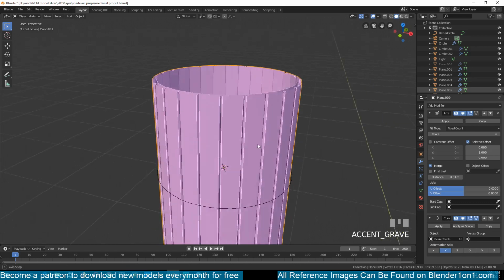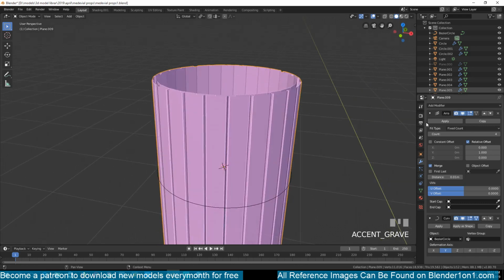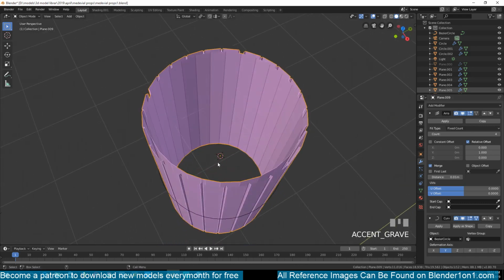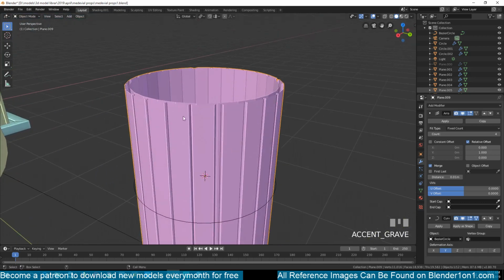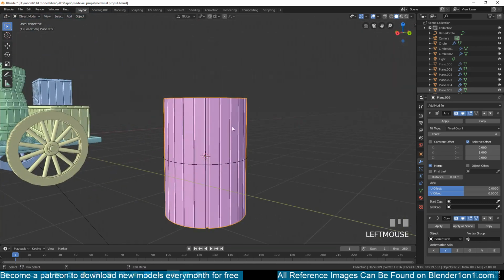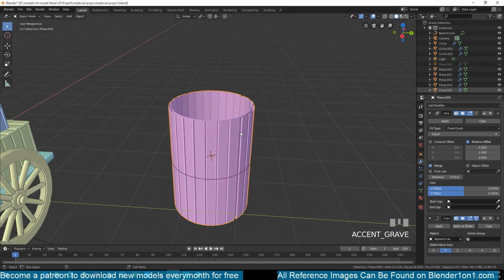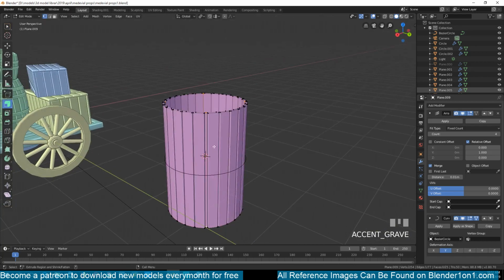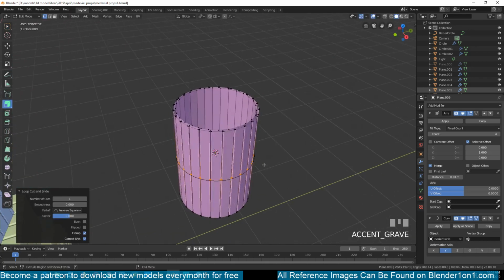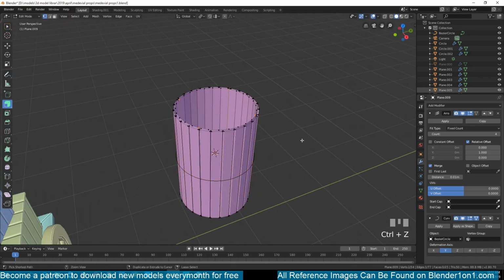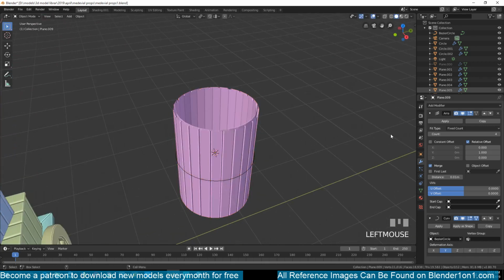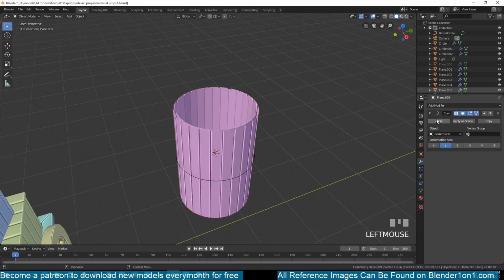So I think that's okay, because we can always come back after we apply the array. We can come back and remove that. So now that we have that, I think we can apply the array right now. Maybe not. We can add a few loops here. You know what? It's easier if we first apply the array. So I'll apply this and then apply the curve as well. So now we can delete this curve,